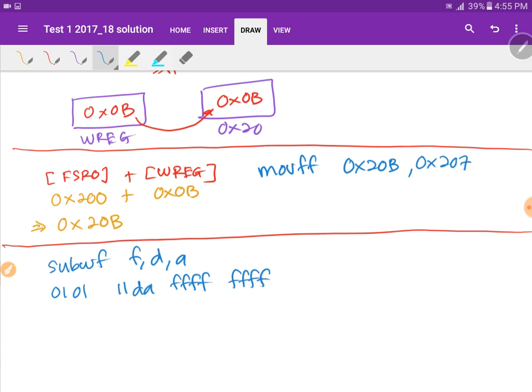So our question is subtract working register from file register, hex 03, store the answer, and it is banked. So this is the F, and this is D, and this is A. So we need to fill in the blanks. I mean, we need to substitute the values of D, A, and F. So it will be 010111. Because the D is F, you will get the value of